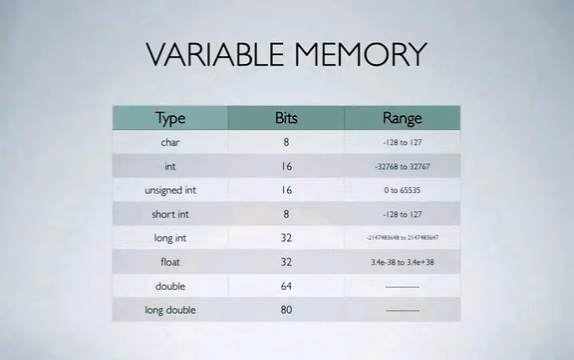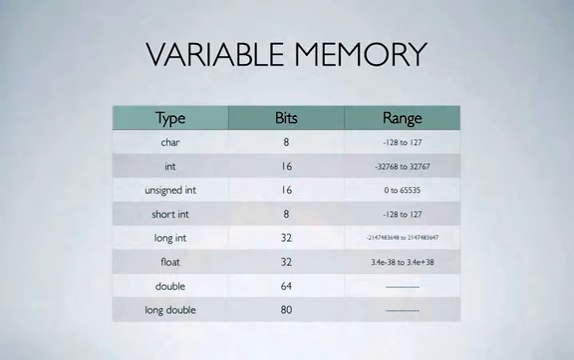Next we have int, which takes up 16 bits of memory, and the range of an integer is -32,768 to +32,767. The next is unsigned int, and it basically takes the negative numbers and adds them to the range for the positive numbers. So you have 0 to twice what you had in the integer. The range of an unsigned int is 0 to 65,535. Next is a short int, which takes up 8 bits of memory,